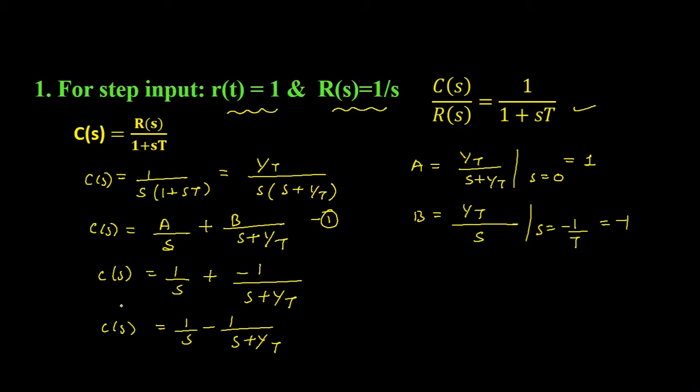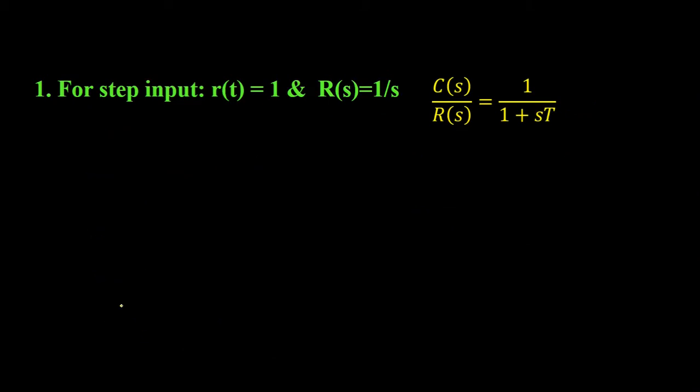Now we take the Laplace transform of this equation. We will get c(t) is equal to 1 minus e to the power minus t by RC, which is equal to c(t) is equal to 1 minus e to the power minus t by T, because T is equal to RC here. So this is the time response of the first order control system when subjected to step input whose